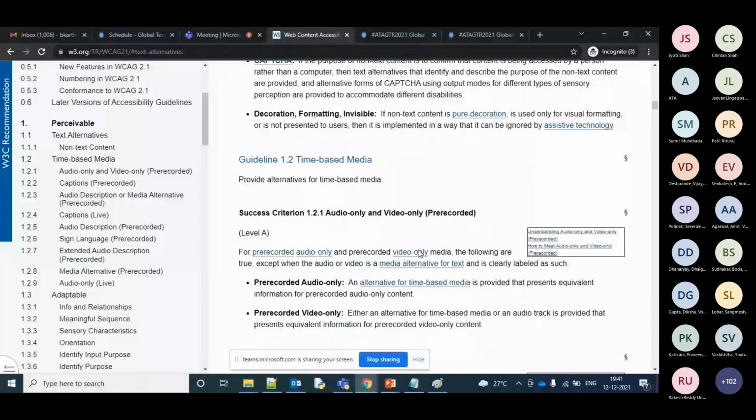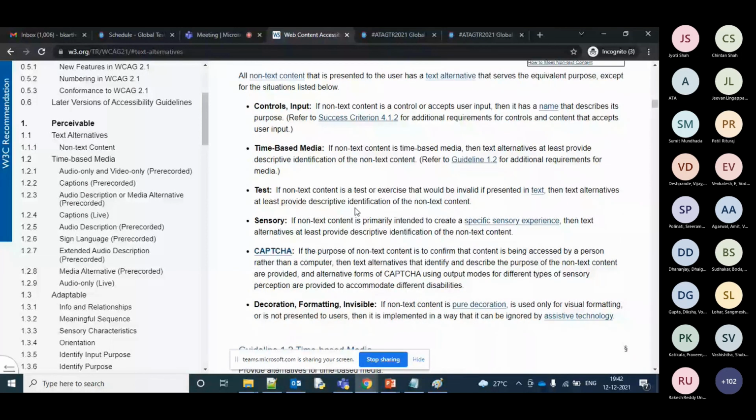When it comes to non-text, I just told you about images and other things. There are separate test cases for captcha and all these things. Only a few of the test cases can be automated and the rest has to be done manually. It's up to the client and the organizations how they take it further. But for a website to be minimally accessible, the level A test cases have to be completed.